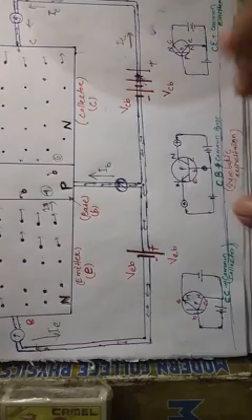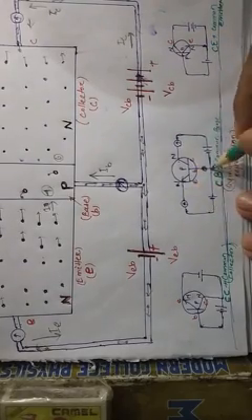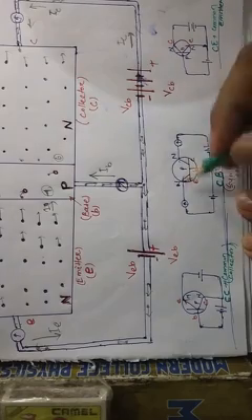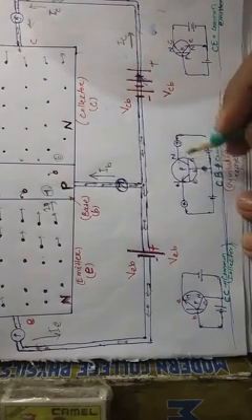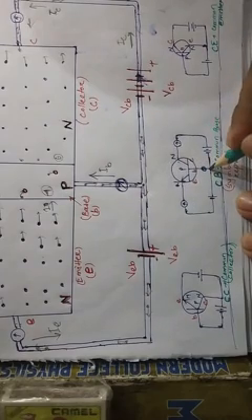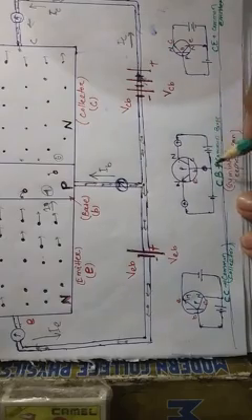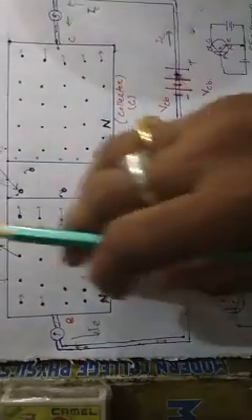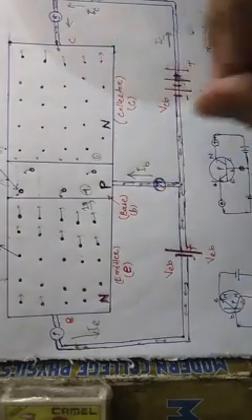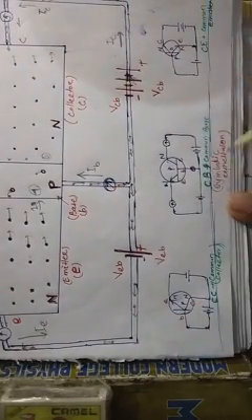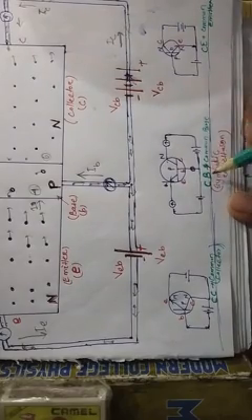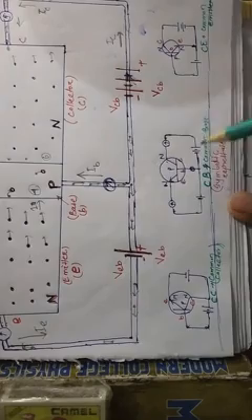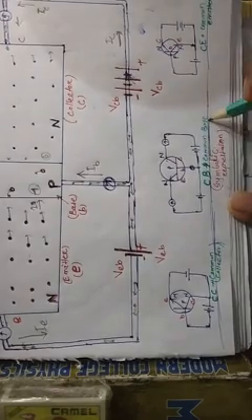Here you can see that emitter and collector are both joined commonly to the base. Common to the base means emitter and collector both are joined to the base. For that reason we can say this combination or this structure or this biasing is called common biasing or common base biasing. Common base, because here both are commonly joined at the base, so we will call it a common base connection.